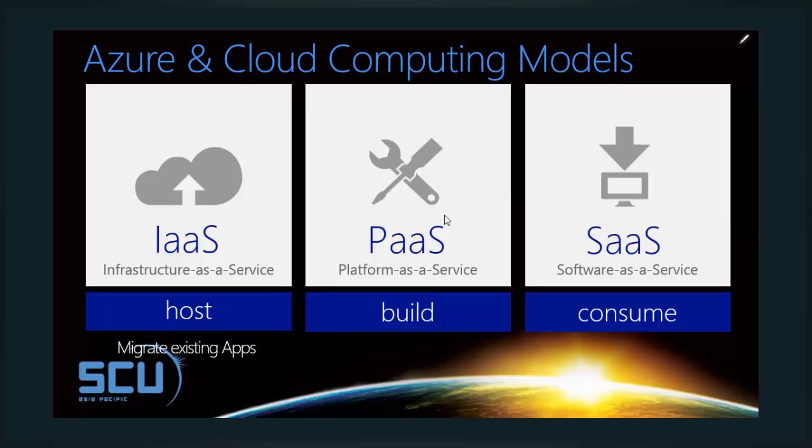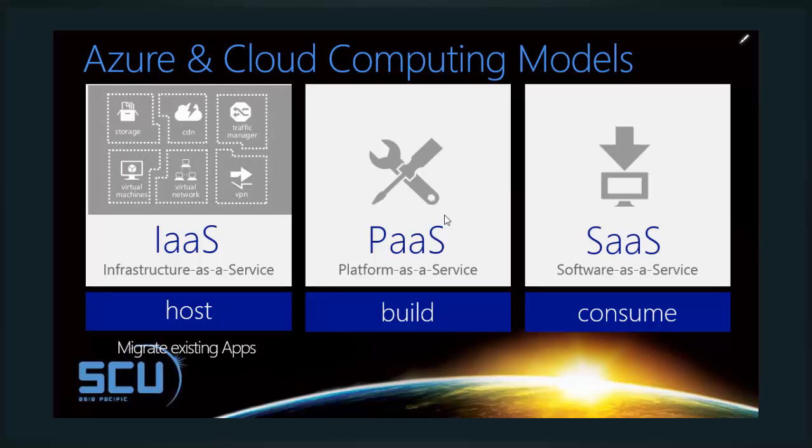So if you take infrastructure as a service, that means you host your infrastructure in a service provider's or a principal company's data center, like Microsoft, Google, Amazon. So you will be using the storage and the infrastructure to create virtual machines, virtual networks, VPNs to host or migrate your existing applications. And if you take the PaaS,